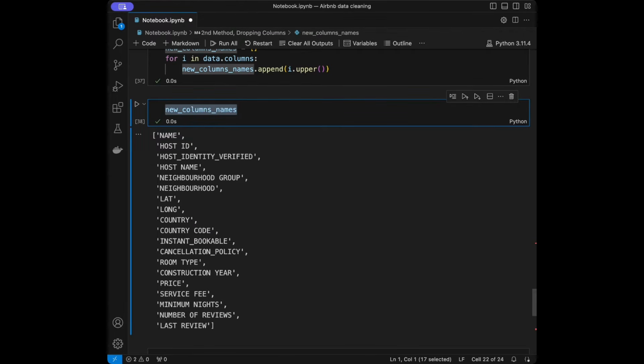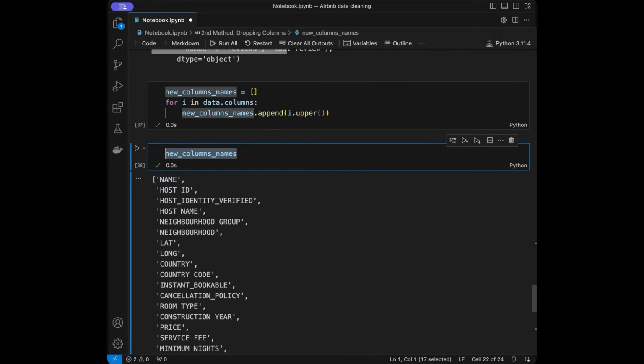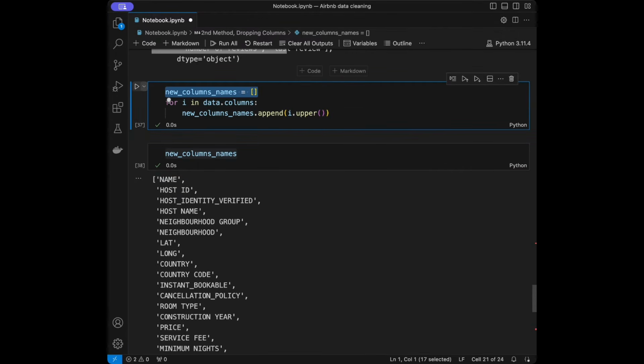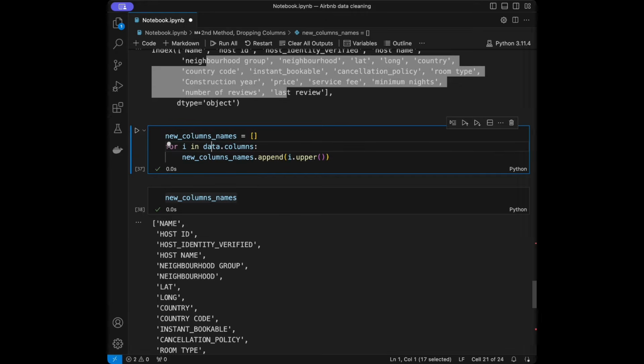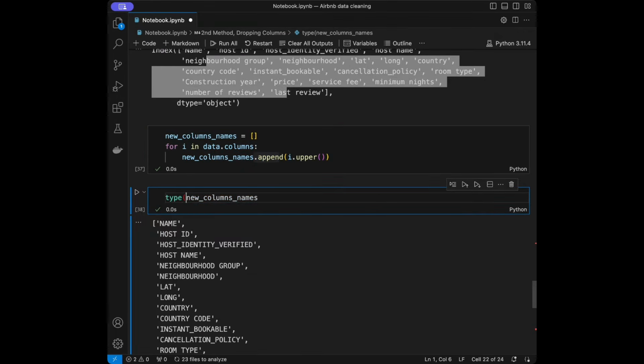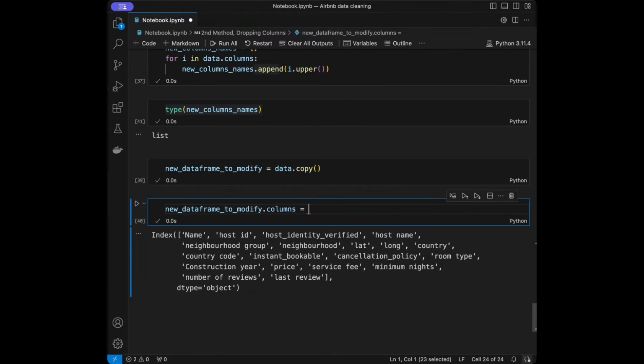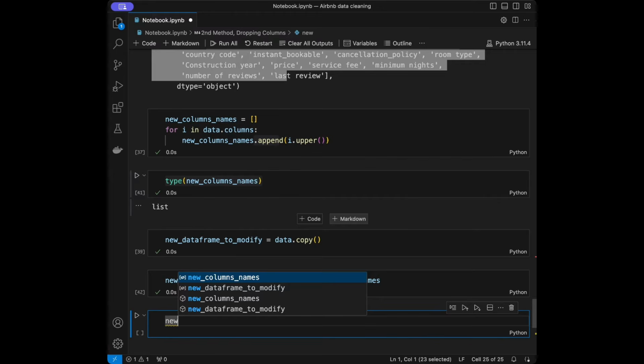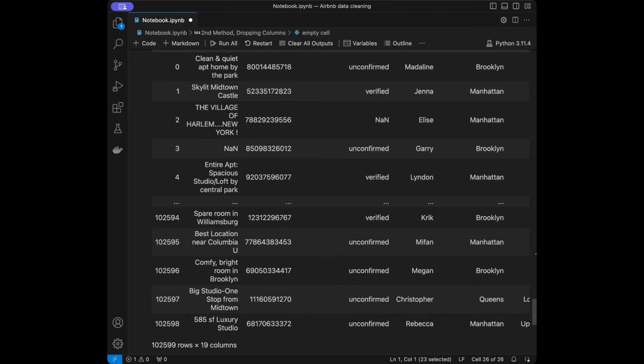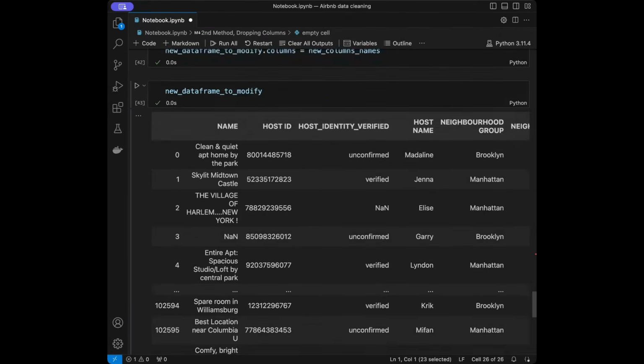I'm just going to call it, let me quickly explain once again. We created new column names, a list, and then we just used the .append method, which adds elements to a list in a for loop. I'm just going to call the type on this, and we are going to see that it's a list. So with this list, we are going to set the column names to this list. I'm just going to say new column names, and when I run it, I'm just going to call the new data frame to modify, and you will see that we will have the new column